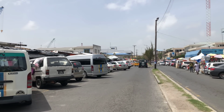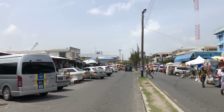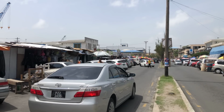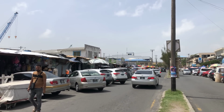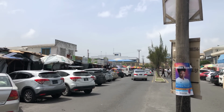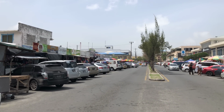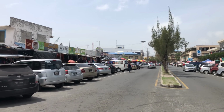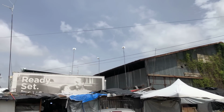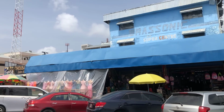So this is what it looks like, just to give it an idea of what was planned for this section of the city. In other words, this was supposed to be a boardwalk community, and it has remained unrenovated, with a market that continues to grow and expand. On this side, for example, that's a market behind all of those stalls. There's a market that extends all the way to